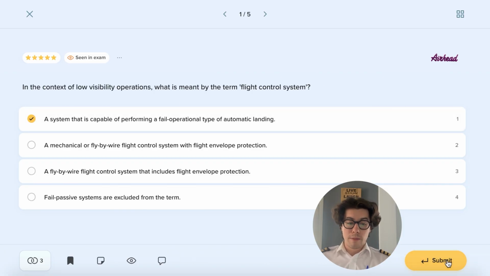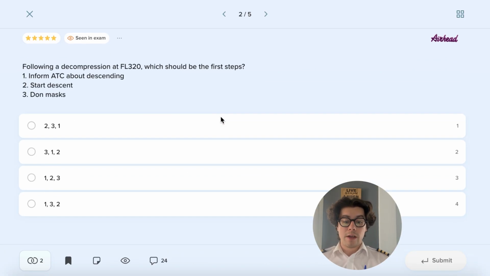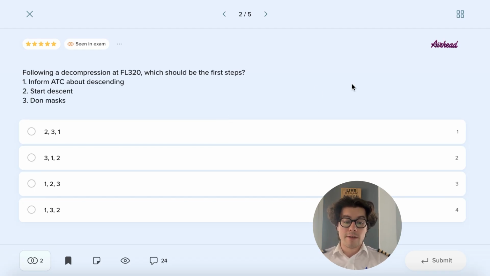Now going into question number 2. Following a decompression at flight level 320, which should be the first steps? Inform the ATC, start descent, or don the masks. So of course, when the decompression happens at high altitudes, the time of useful consciousness is very short. And at some altitudes, it will be around the 20 to 30 second mark. So it's extremely important to first don the masks to get the appropriate oxygen levels flowing for the crew not to become incapacitated. So of course, for all these questions, donning the masks will always be the first thing the